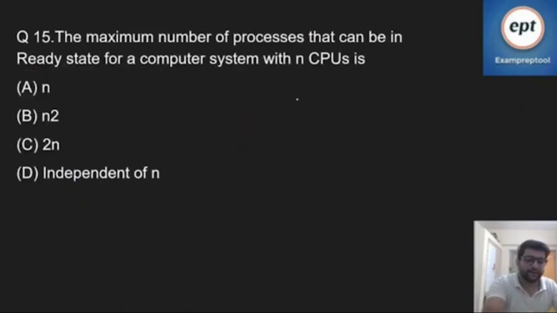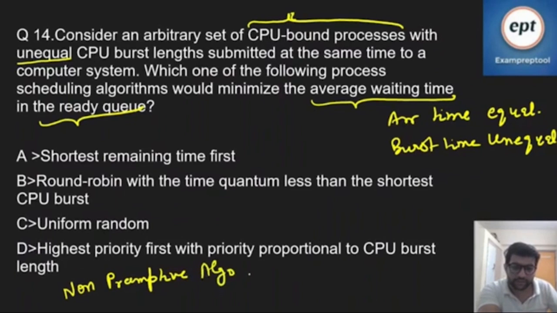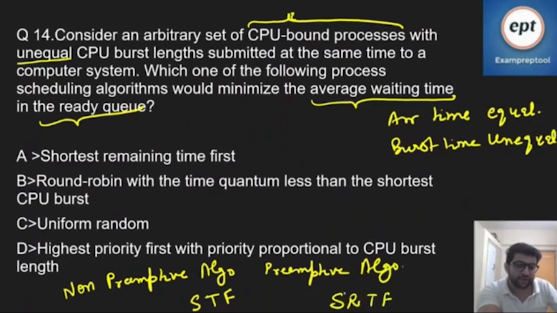So we know that, let me use some space from here. So let me just write here. We know that for non-preemptive algorithms, shortest job first, and for preemptive algorithms, SRTF, shortest remaining time first, will give the